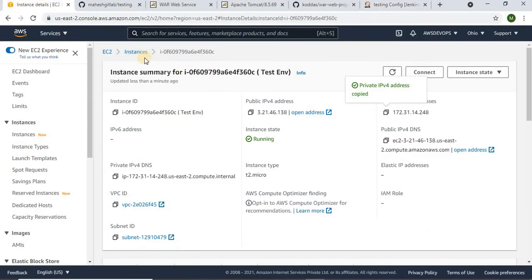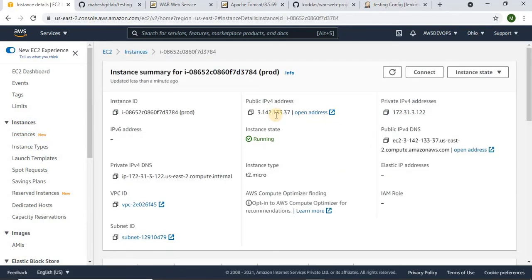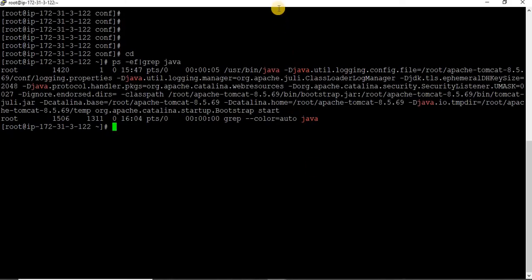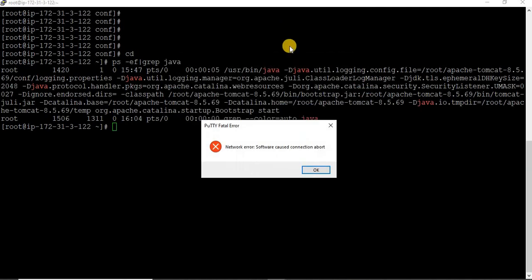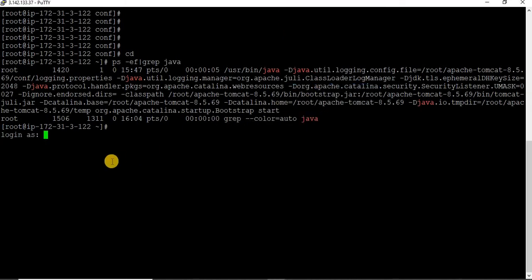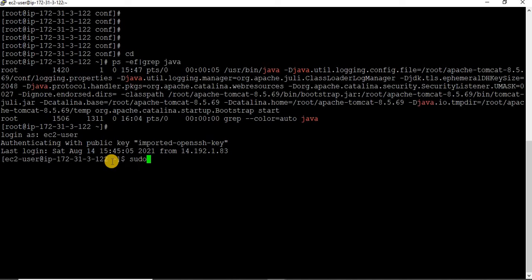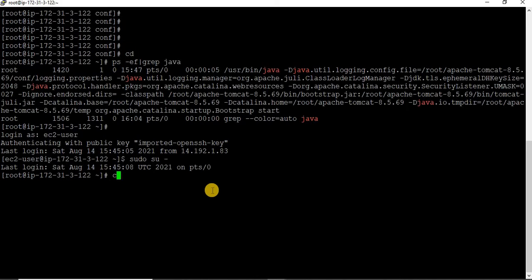Let us log in again, new session. ec2-user, sudo su. I think 122 is prod only, it seems. Yes, 172.31.3.122. This is prod only, right? Yes, production only.